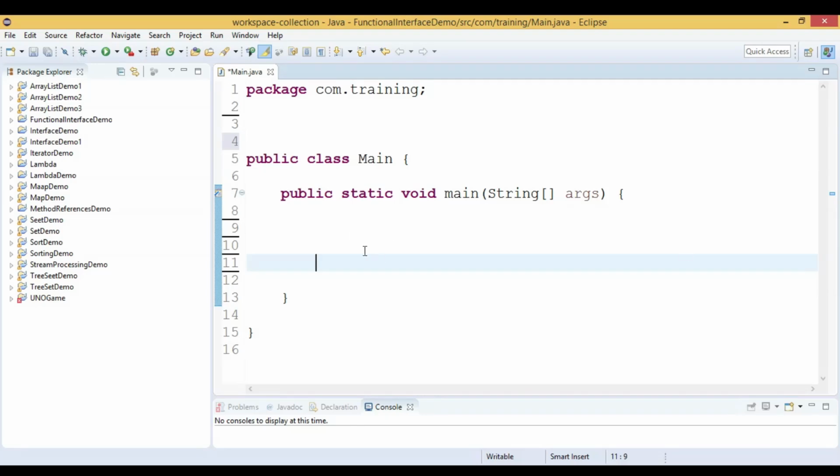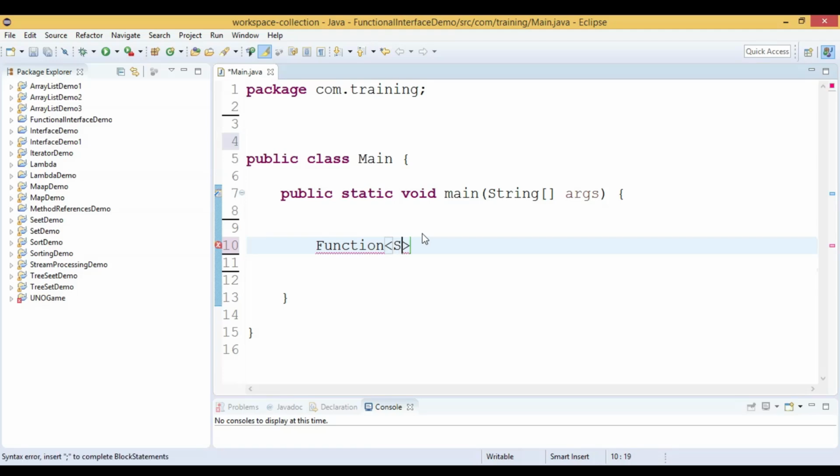So inside this main method, we declare a variable of type function. A function has one abstract method, apply, and functions take one or more values and convert them into another value. Okay, so here we will declare this variable